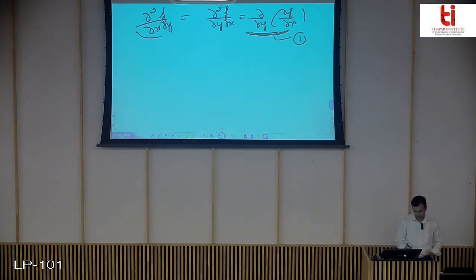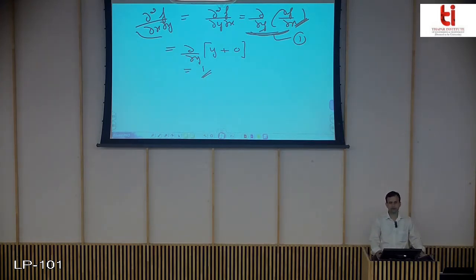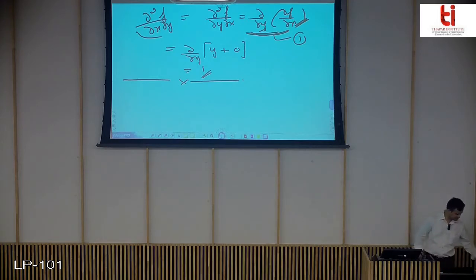Now you can see, if we change the order, then with respect to x it is y plus 0, and then it is equal to 1. See the difference in the calculation if you just change the order of differentiation, first with respect to x and then with respect to y. That is what Euler's mixed derivative theorem is. It can be used to ease your calculation in case your partial derivatives are continuous and defined at that given point. So this is Euler's mixed derivative theorem and how it is used.